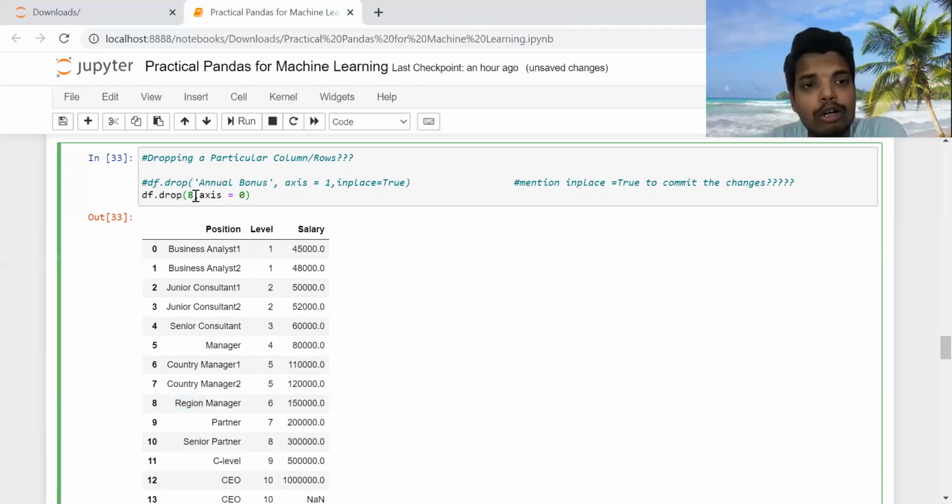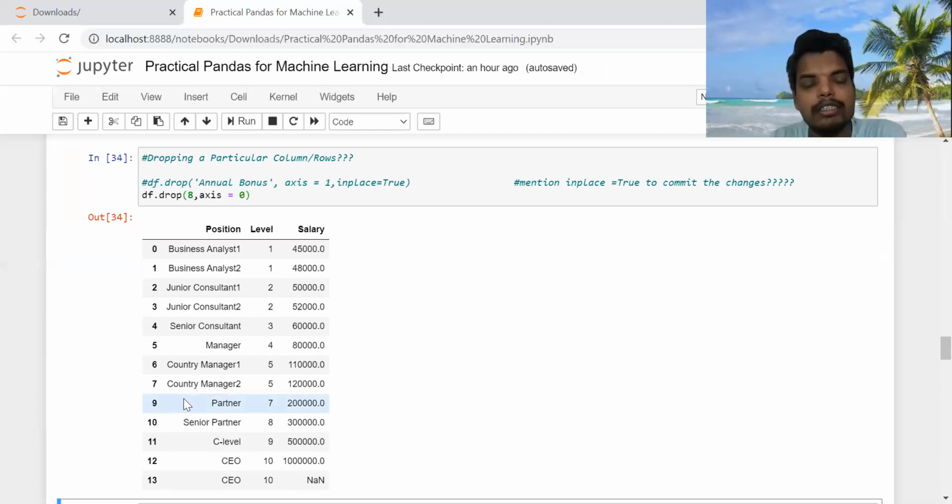So if you want to drop, you need to mention the index in the first place, that is the attribute, and then axis equals to 0. With the help of that, you can drop the row also using df.drop. So you can see now the 8th index has been dropped. That means the 9th row, because the index starts from 0. So the 9th row has been dropped with the help of axis equals to 0.